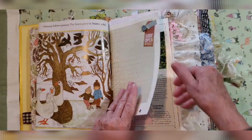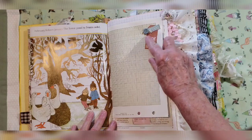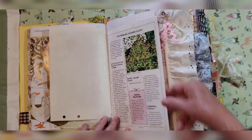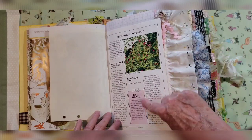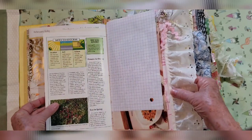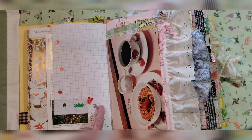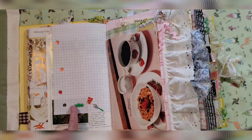And here we have some graph paper. I added wide open spaces, a little piece of scrapbook paper, and a button with thread. And here's another garden page. I like that there's a little pink here, and a flower. And then we have some more graph paper. And I added just some little strawberries and strawberry flower pack and a little gardening tool and some grass here